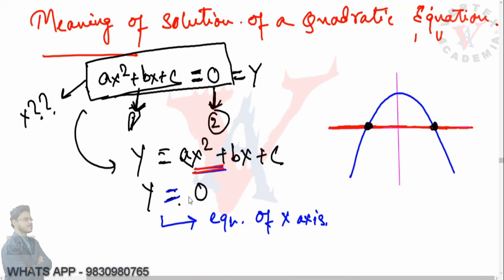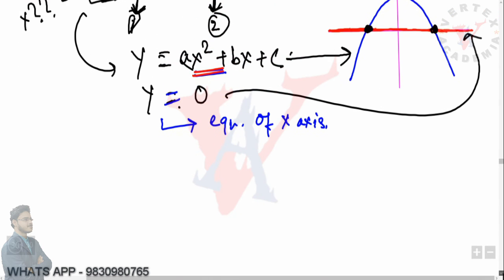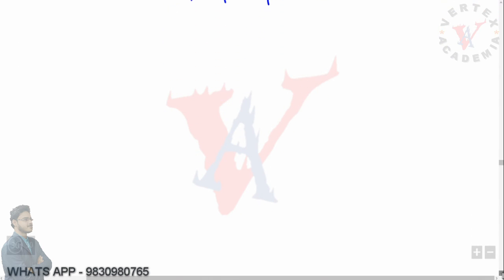Now while finding the solution, what we actually do is we plot the individual graphs and find their intersection points. The intersection points are the solution. So I hope this is clear. This is a very basic thing, but these things need to be known. These are generally not told to class 10 students, but they are to be known. So I hope this is clear.